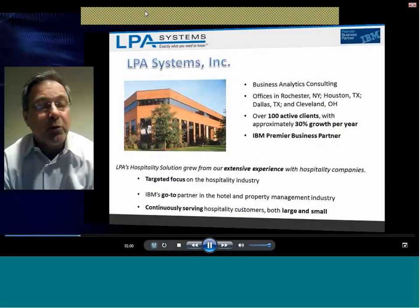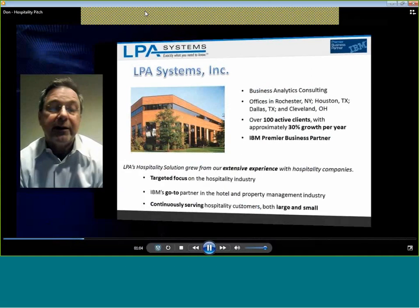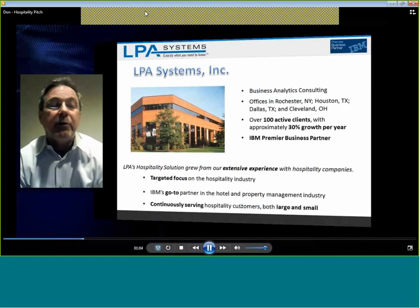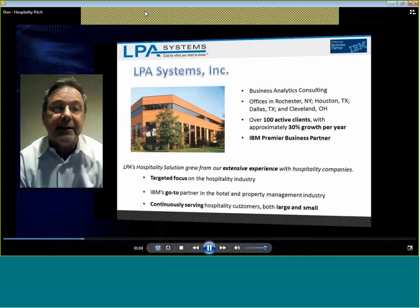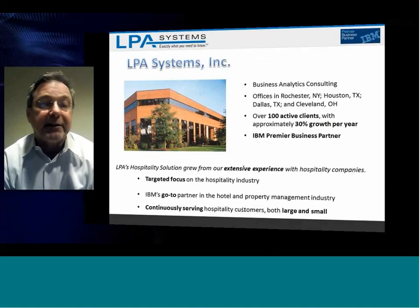We do it on the business intelligence side, and we do it on the performance management side. And we do it for a couple of industries, one of which is the hospitality industry. We've been around for quite some time. We're growing. We're successful. And we teamed up with IBM as our partner for some of the technology implementations. So we use the IBM Cognos and IBM Cognos TM1 solutions to actually build out our hospitality framework and solution. As I said, we do a lot of work with the hospitality companies,